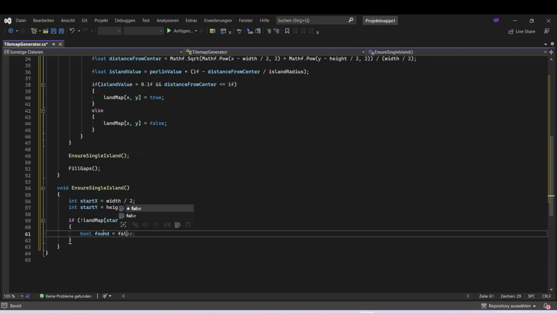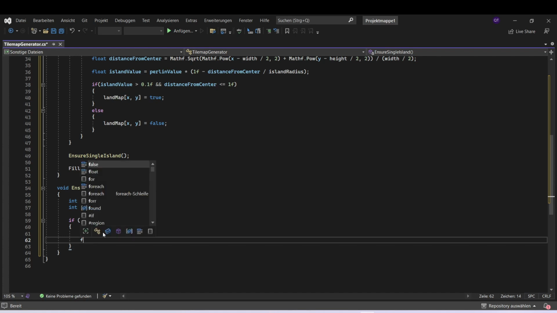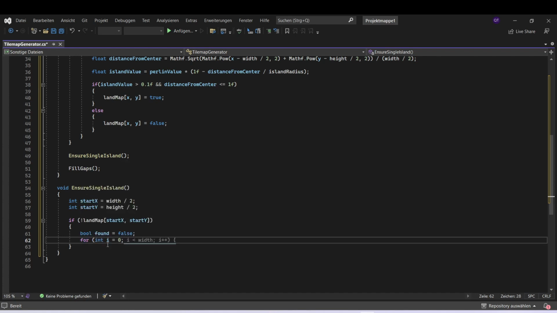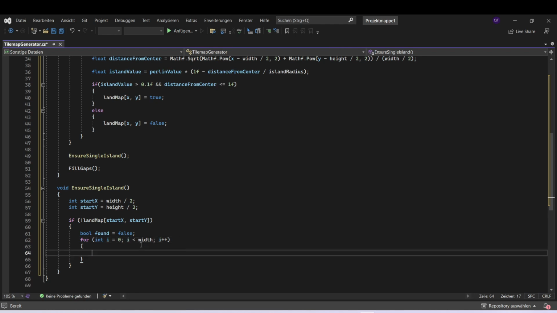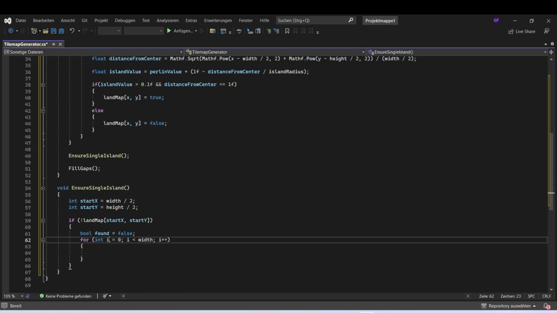So it's going to be false at the start, and then we are going to loop through all our land map values. So we can start with integer y, and if the integer y is smaller than our height, and if we still haven't found a tile,